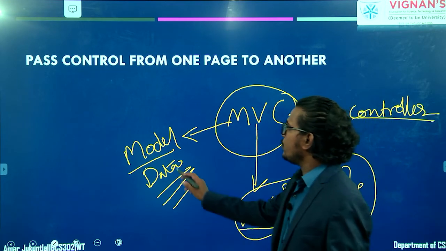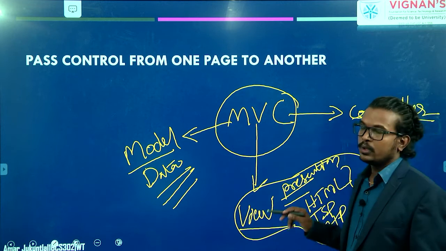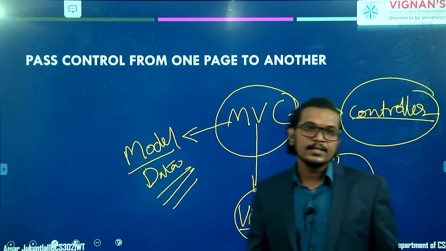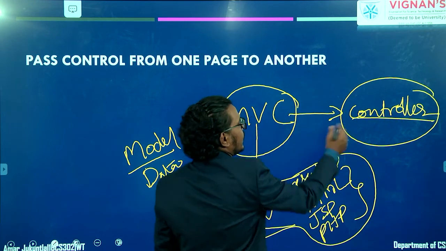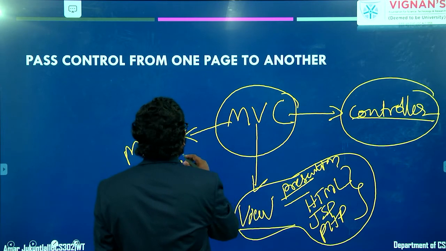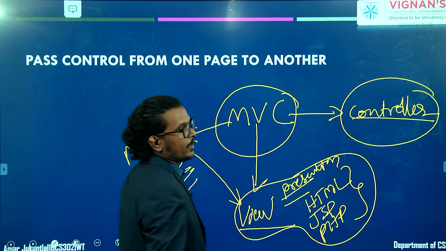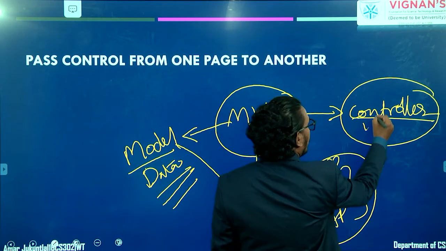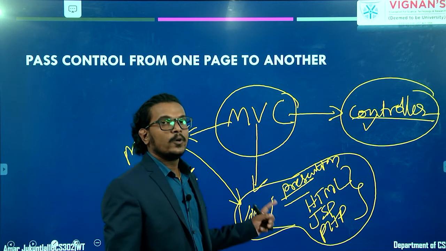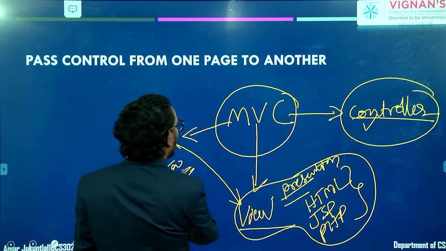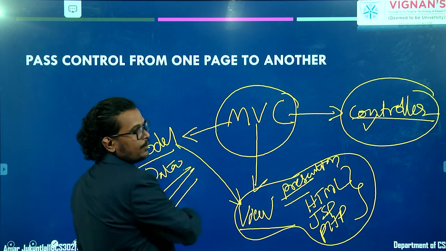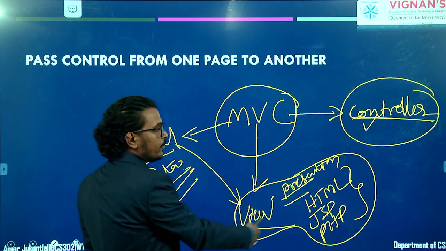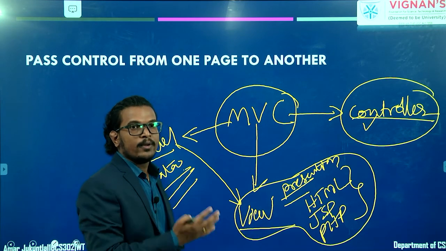Between your model and the presentation, there is one more layer, which is called the controller. With the help of this controller, we move the data between the model and the view. This controller controls the data between the model and the view. Here, the model is nothing but your database, and the view is nothing but your presentation layer or your web browser.